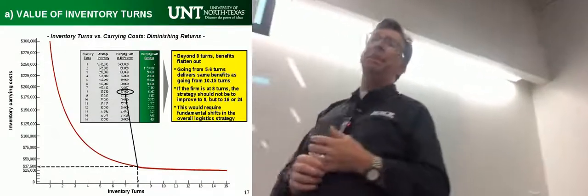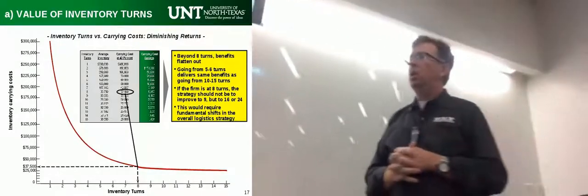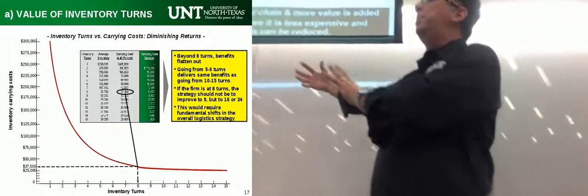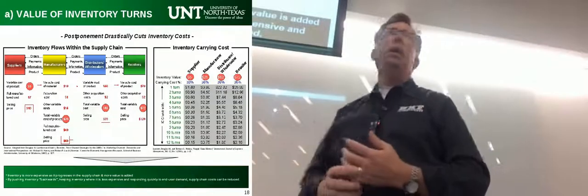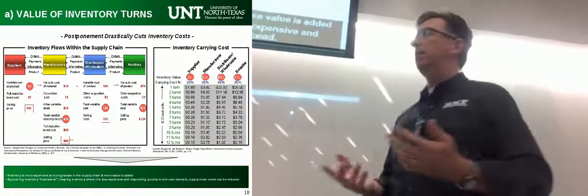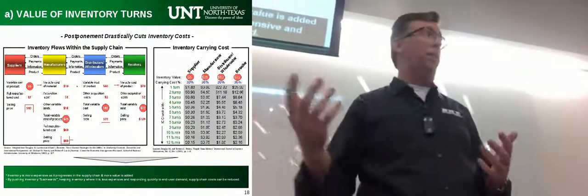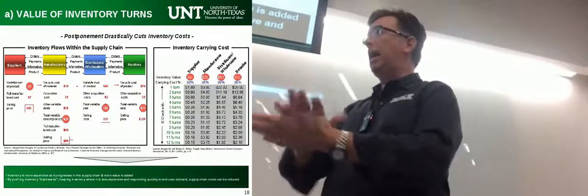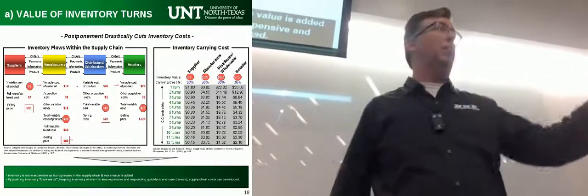Okay, this busy slide is trying to convey a concept of postponement. One of the things that happens with inventory is that as it goes from way up in the supply chain to way down the supply chain in the store, that inventory becomes much more valuable. So think about sand. Sand is a pretty raw commodity. When you scoop it up out of the ground, it's not worth very much. But as that sand gets heated and refined and turned into glass, and then that glass gets applied to the inductive touchscreen technology for your iPhone, and the iPhone shows up at the Apple Store,